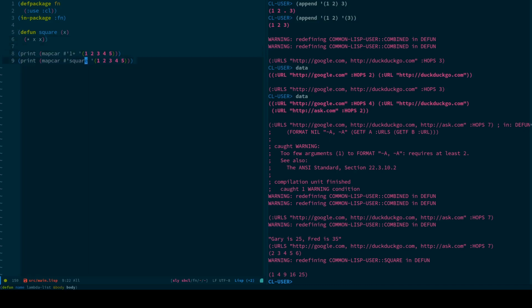Now we can extend this, and we're going to have a look at reduce. Where mapcar takes a list and gives us a list of exactly the same length back, reduce takes a list and does something with each of the values, accumulating them or folding them together to give us one value. So here, where we mapcar over the list of squares, and we're basically just summing the list of squares, we get 55, which, to prove that,